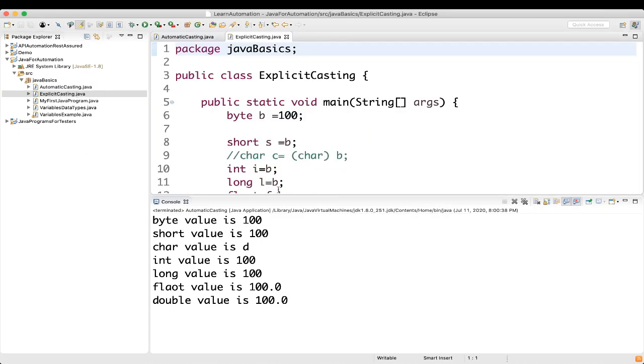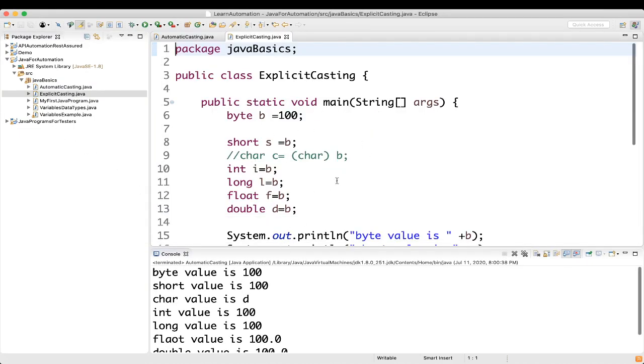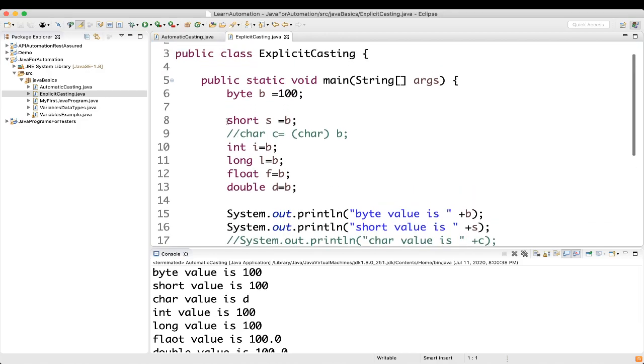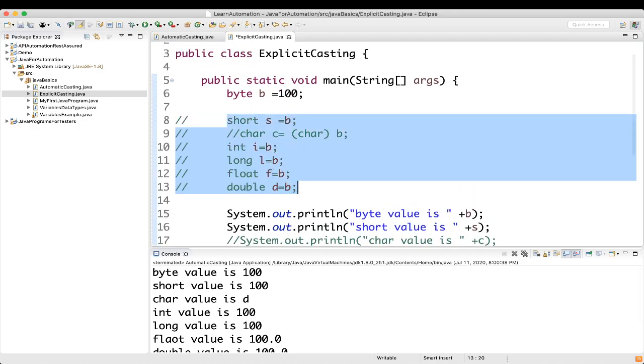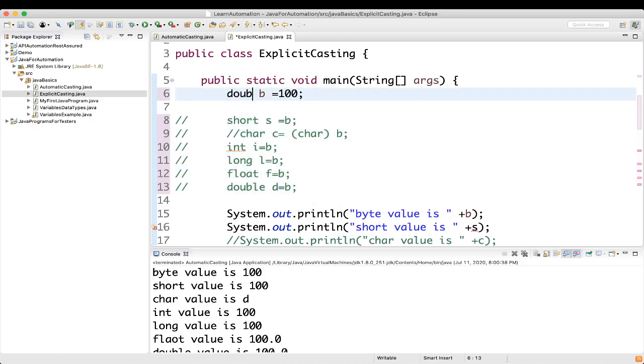The same thing we can use, but here let me comment out these things. Here we'll take a double, name it d, and assign, for example, 100.57, anything you can give.